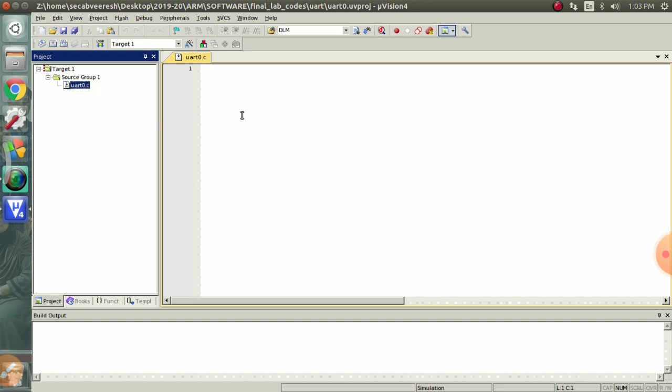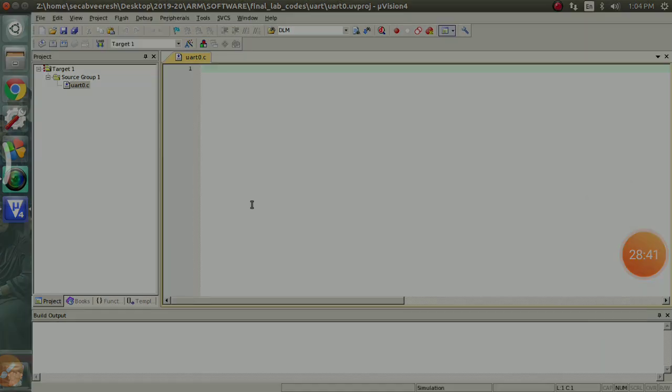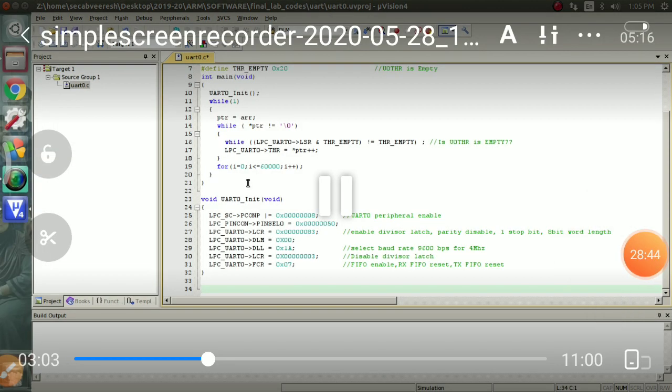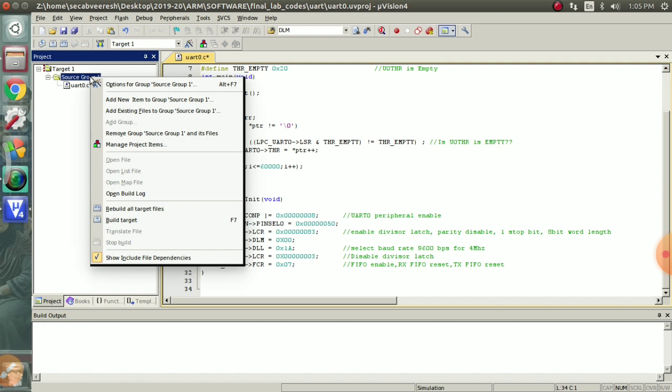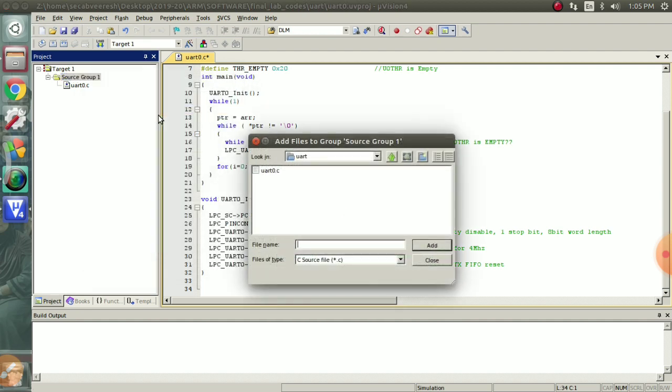Open it. Here is the program which we have already explained, the program which we have written, it is the same thing. After writing the program, right click on the source group, then add existing files to the group, source group 1, because along with this single UART0.c file, we require a library file also.